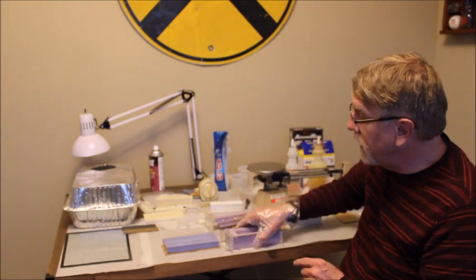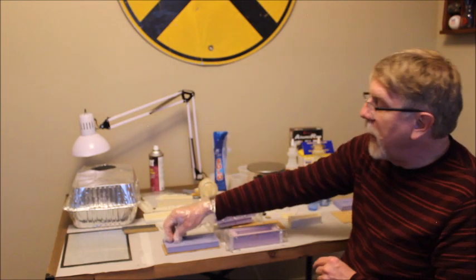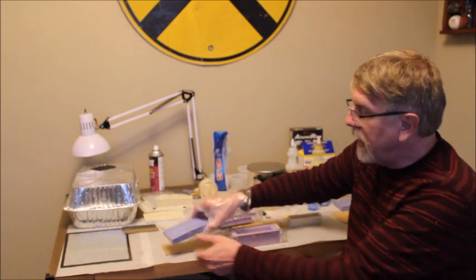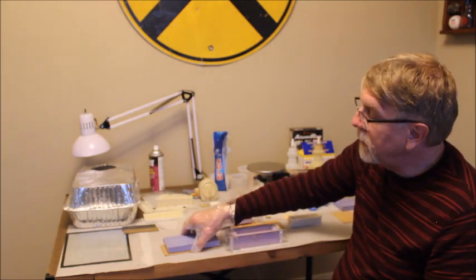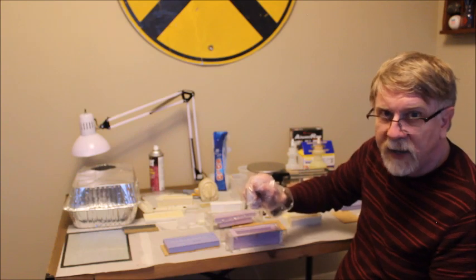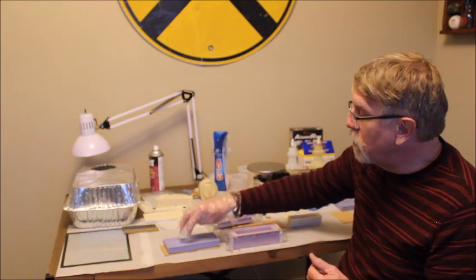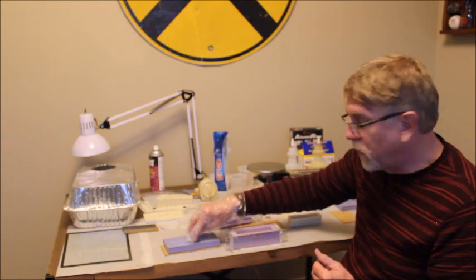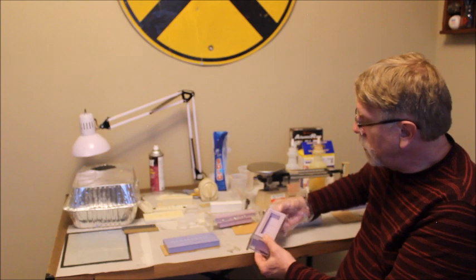The alternative is that when you let it cool and take it out of the mold, you basically have to bend the mold away from it and pull the hardened casting out. That can sometimes be easier. It's more wear and tear on the molds. And if you've got this type of a mold and you pull that out,